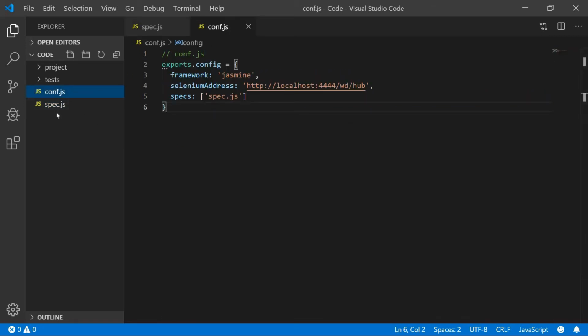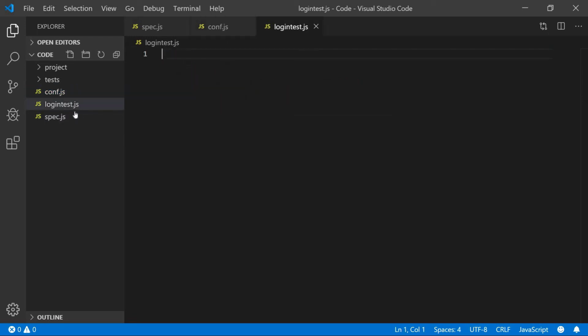Suppose we use another JS file, say homepage, or a login test, say we are going to execute a login test. So we are using loginTest.js.